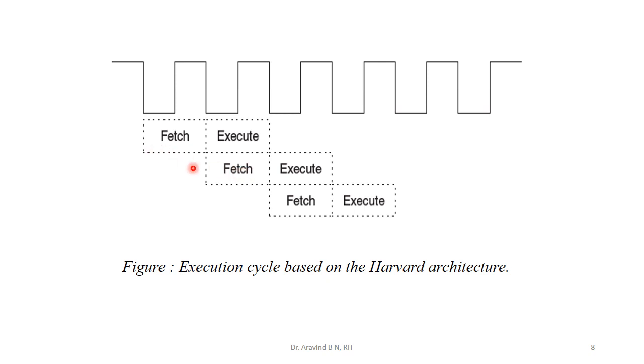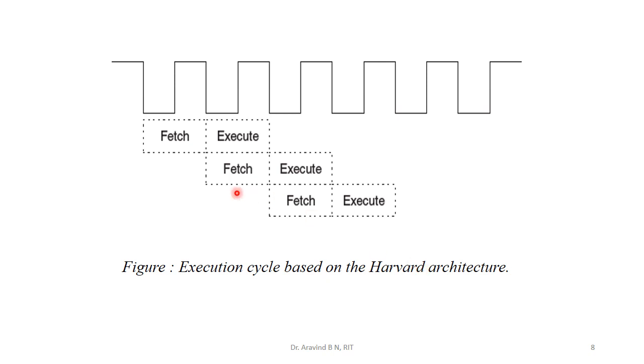Here also we are considering 3 instructions. For execution of 3 instructions, we can observe 1, 2, 3 and a total of 4 cycles are required. In the case of von Neumann, it has taken 6 cycles for execution. So here we have saved 2 cycles. Like this, if it continues for n number of instructions, then lots and lots of cycles will be saved in Harvard architecture. Using those, we can execute a few more instructions.